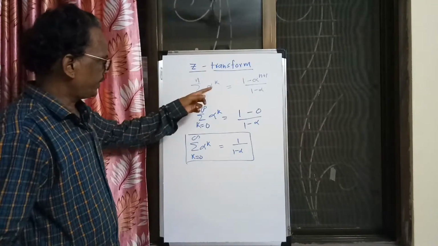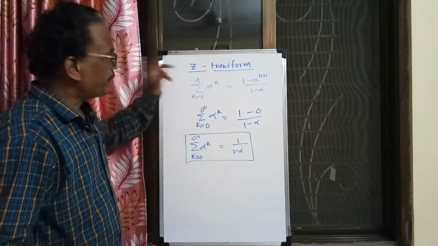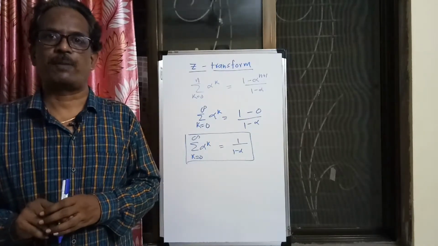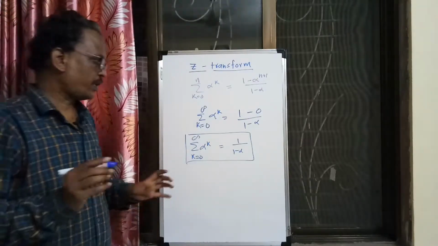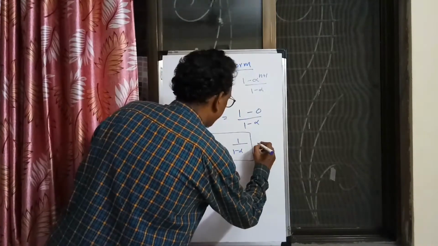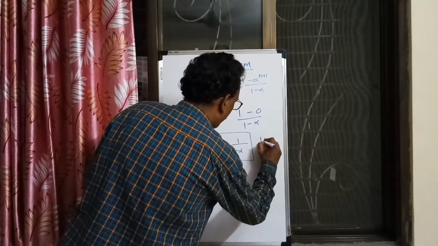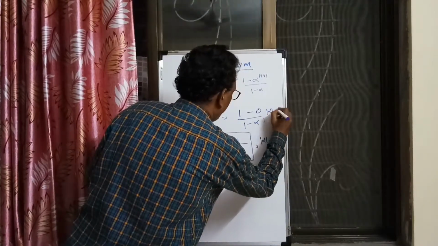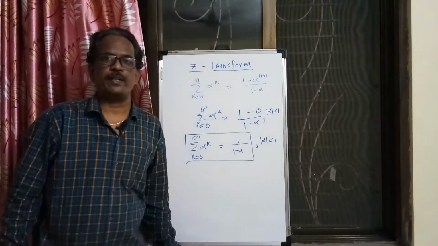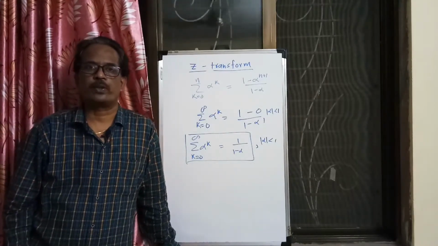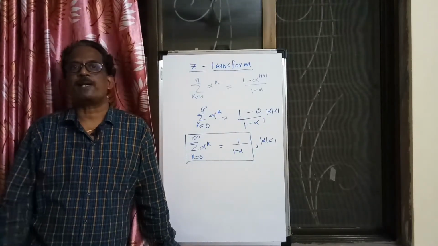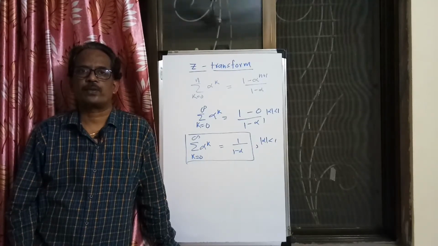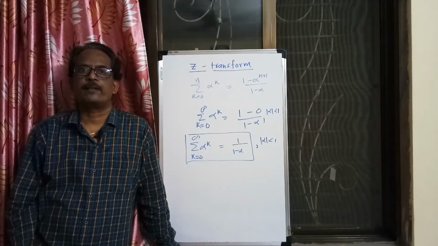And here in this case, suppose both the limits are finite, the initial limit as well as the final limit of summation. In that case, what is this formula's role? Here this is only true if mod of alpha is less than 1. So what I said, alpha may be negative, alpha may be positive, I am taking the mod. Even if alpha is complex, the magnitude of alpha should be less than 1, then only alpha raised to n plus 1 will be 0.